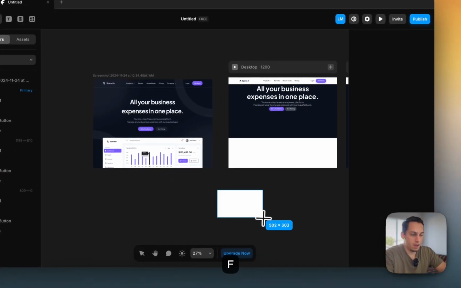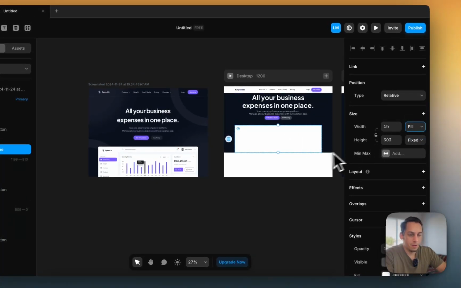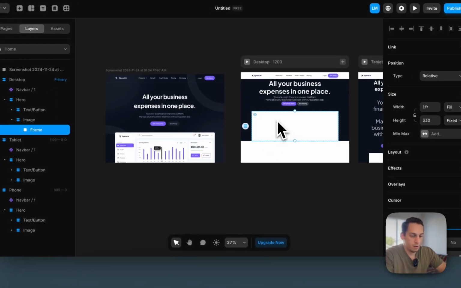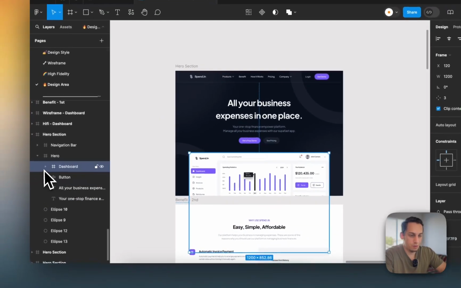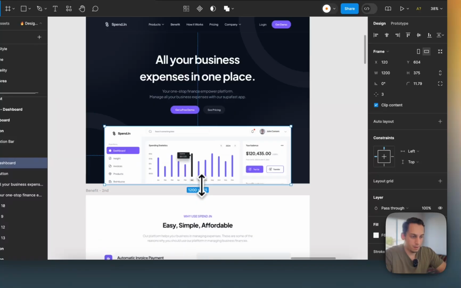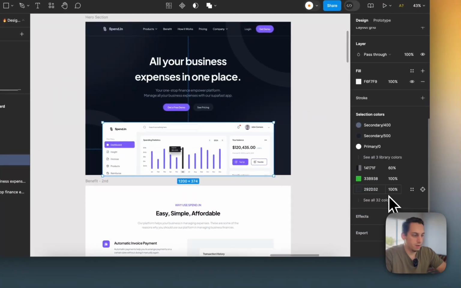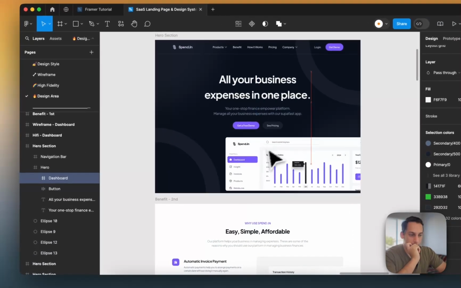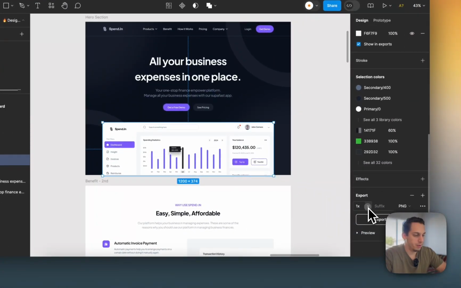And in this image, we can add a frame, boom, and make the frame fill the width and have a specific height, right? Because we want the image to have a specific height. And here we can just go back to Figma and click on this image on this dashboard. And I want to like cut it like this. And then export it. So am I doing the right thing? Yeah, perfect. So we want to export it as a PNG. I usually go like this and then export dashboard,